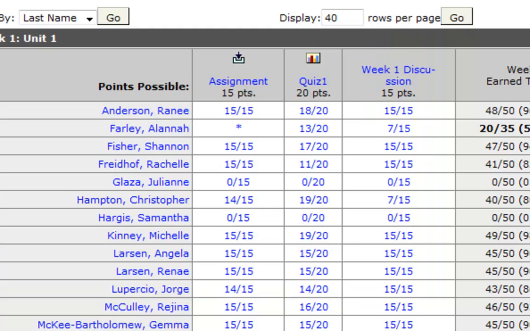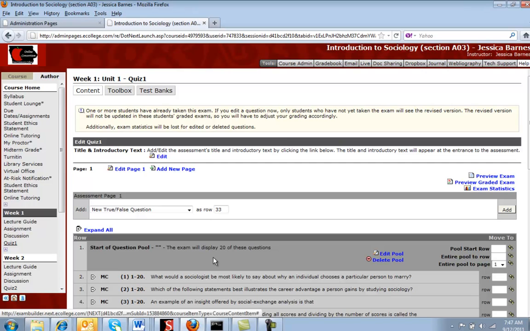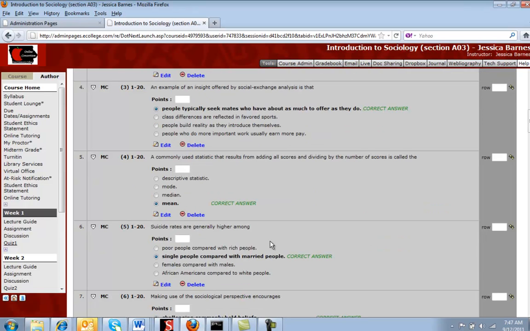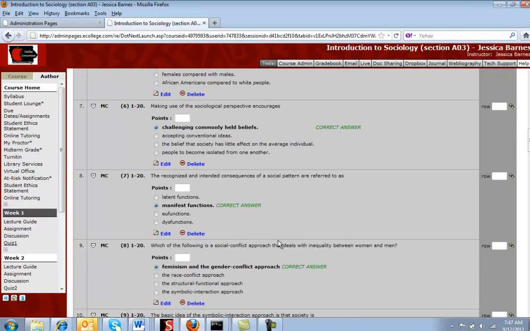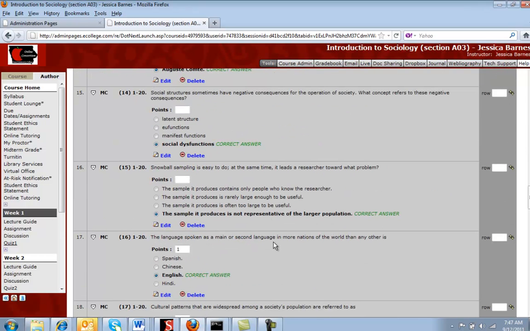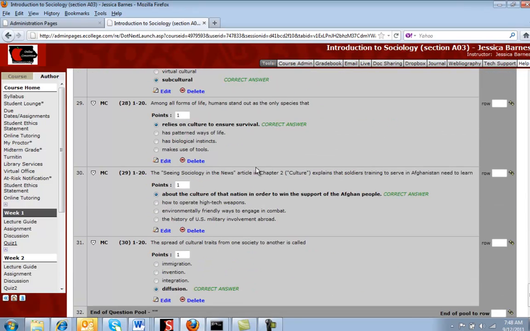Now the reason for that is if you come into the quiz 1 and expand this, she has randomized her questions. So if you click expand all, many of these don't have point values for each question. So that's the reason for the differences in point values for each quiz. Depending on what questions the students got randomly, they may have gotten all of these, they may have gotten some with points, some without. So she needs to go in, add all of her points, and scroll down here, update points,